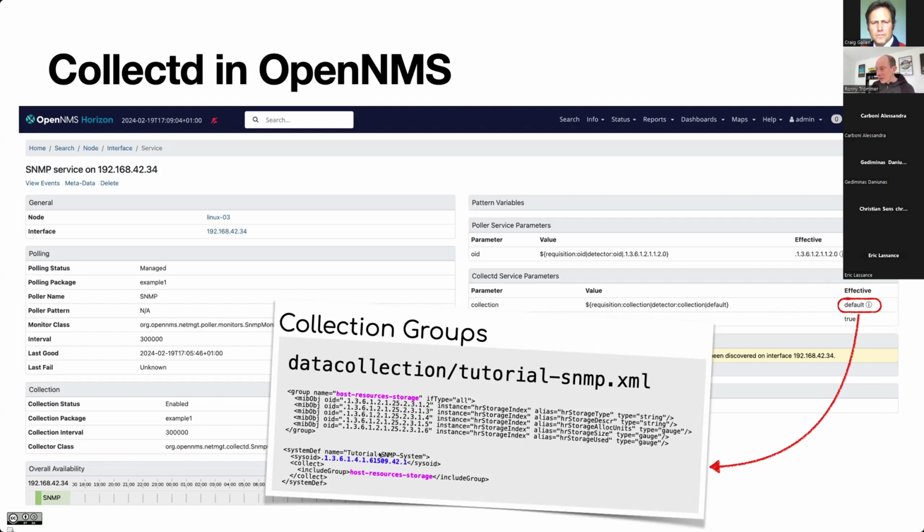And the important piece here, what you see below, is that system definition. We use the system OID discovered from Provisiond, what we have seen on the first page, on that node detail page. We use that system object ID to tell OpenNMS, okay, if you have a device with that system object ID, include this group of OIDs. So that's the reference to tell OpenNMS if you have a system with that OID, try to fetch all these metrics, right? Okay.